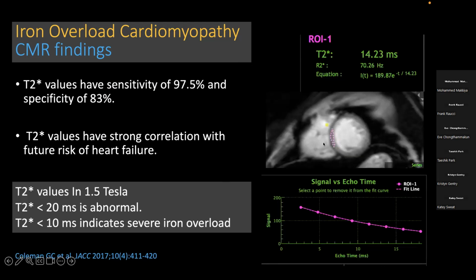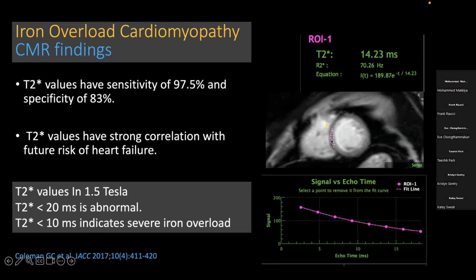So we take these multiple echo times, and we draw an ROI along the septum. Usually, those patients are scanned on 1.5 Tesla. There is not enough data on 3 Tesla, because there is increased ferromagnetic effect on 3 Tesla. That's why there is not much data if someone tried to establish values on 3 Tesla. So on 1.5 Tesla, we draw a large ROI to involve as much as we can from the septum,